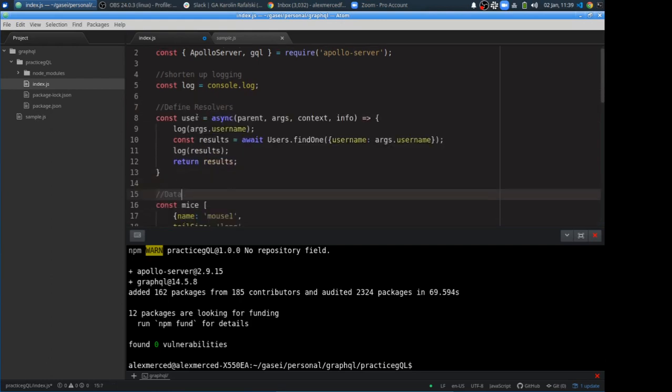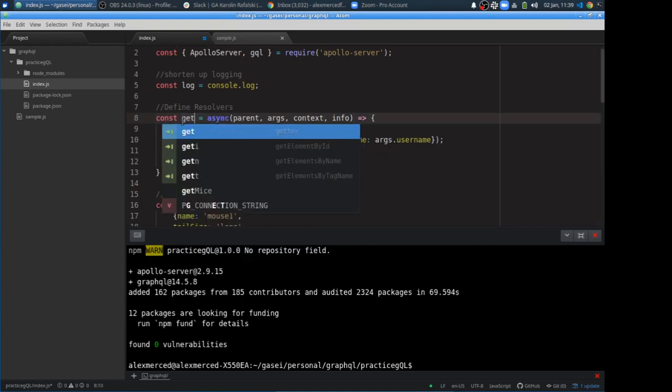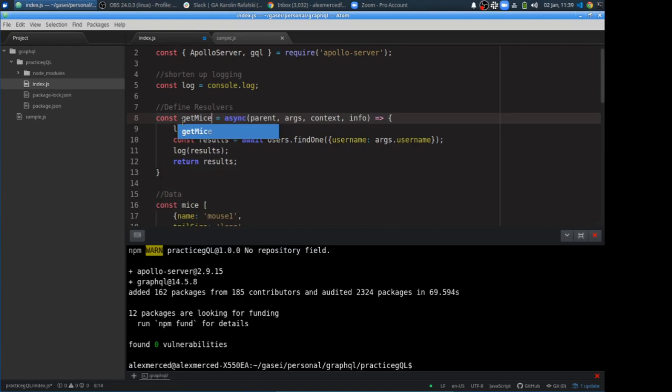Okay, and define resolver. So again, this one was called getMice. It's got to match our schema, or it's going to get all angry. Okay, so getMice. And I'm doing an asynchronous function. And basically what happens in an Apollo server, there's always 4 arguments being passed to your queries, or to your